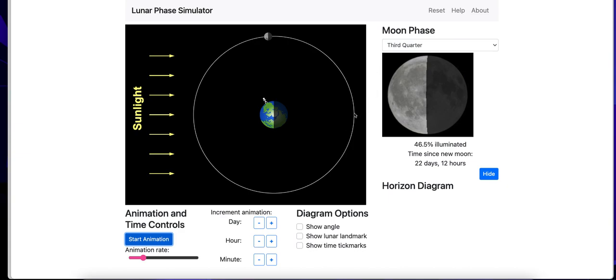And remember, waning is as we make our way back toward the sun. So we are seeing less and less, or it's getting smaller. It seems like it's getting smaller as it moves its way back toward the sun. So this is the third quarter moon, and about 22 days in. I'm gonna keep going. And then immediately we start moving into that waning crescent, and that waning crescent will